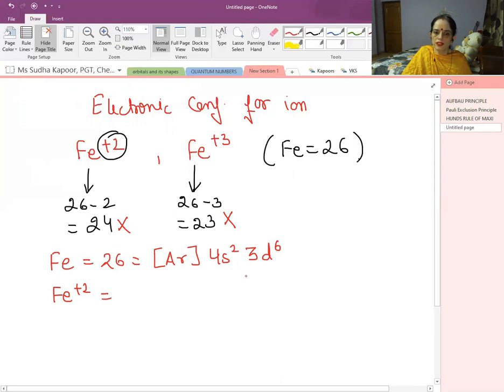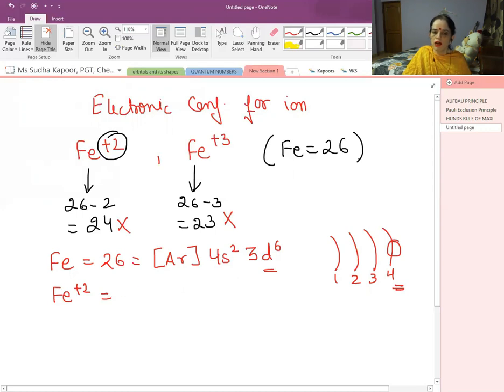Most of the students, what they used to do is they remove the 2 electrons from 3d. But dear students, 1, 2, 3 and 4. 4 is the outer one. In case of iron, 4 is the outermost. So the electron has to be removed from 4s rather than from 3d. So remember here that 4s is the outer. 4s is filled before 3d because 4s is having the lower n plus l value. But why is the removal done from it? Because 4s is the valence shell here.